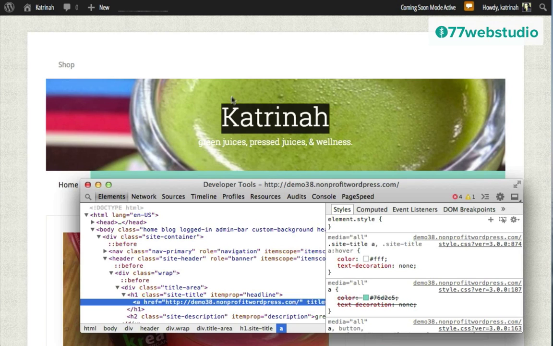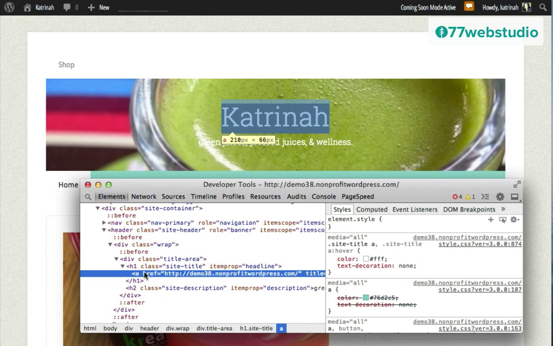Okay, great. So when I open up Inspect Elements, when I'm looking at this title, we can see that it goes directly to the code that I need right here. And on the right-hand side, we can see the code that needs to be changed. So .site-title, and then there's a space and an a, we can see that the color is white, and this is the code that we need to change.